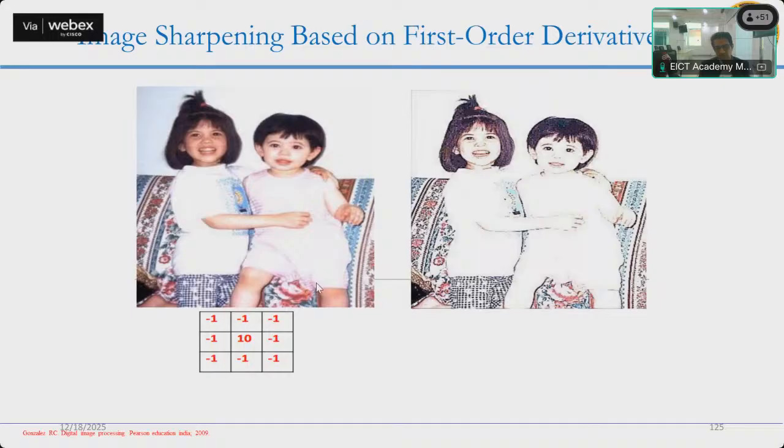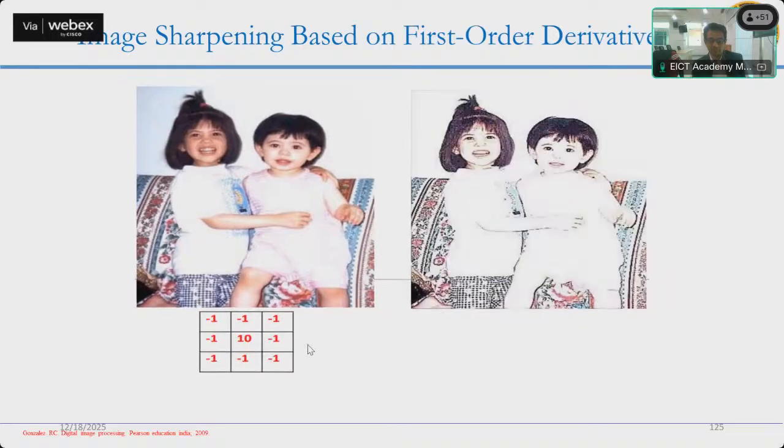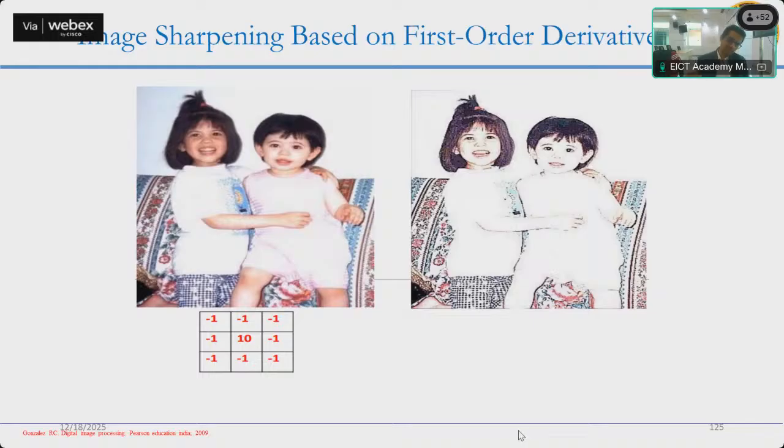Even if somebody says, why should I limit to the 9 only? We can increase to the 10 also. Yes, you can increase to the 10 also, but at the 10 level, it has become brighter actually. So instead of where things were more appropriate, here things are not that appropriate. So there is some optimum value when you are applying these first order derivatives. So this is where we concluded the spatial filtering.